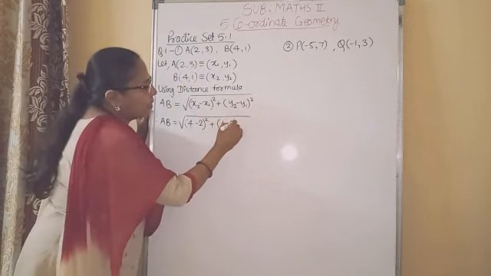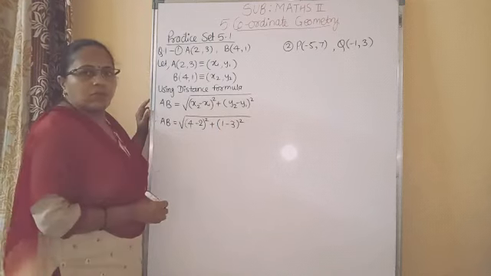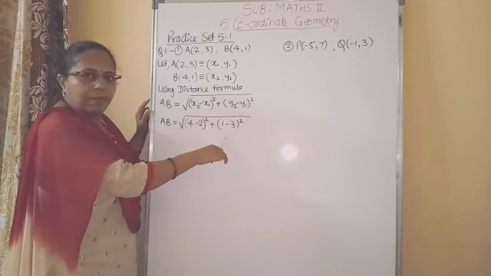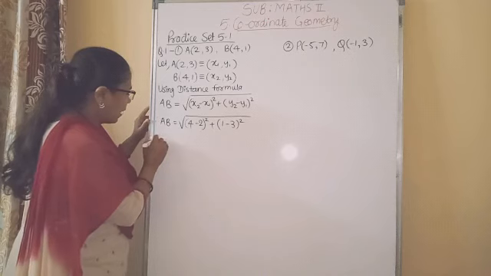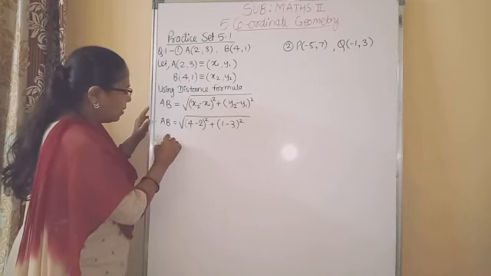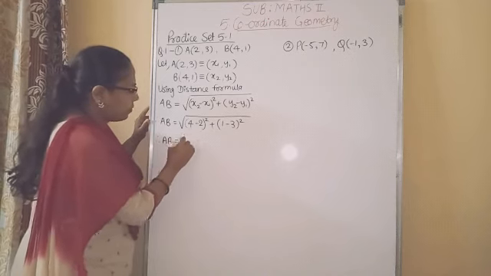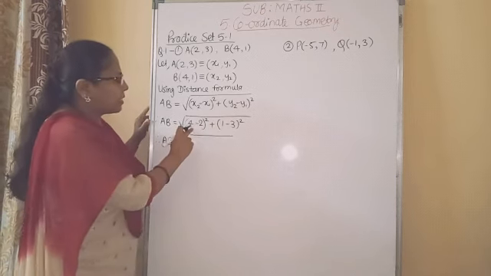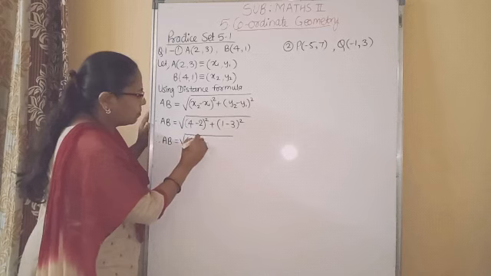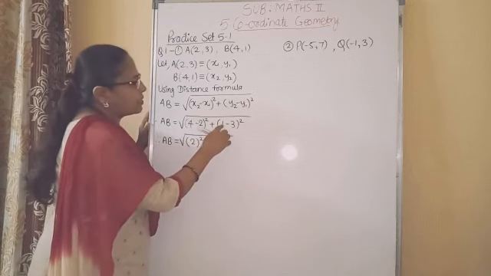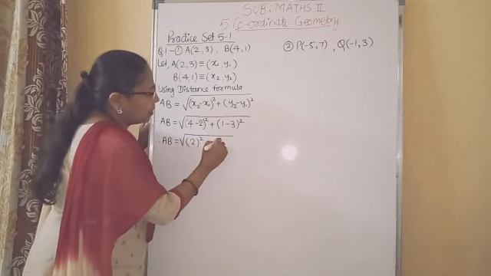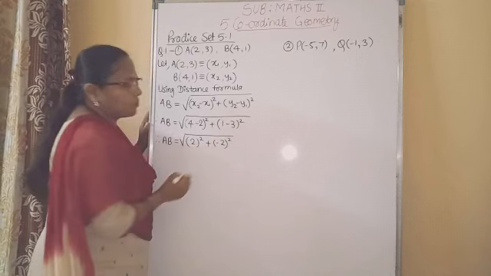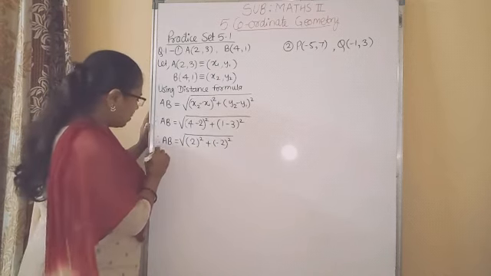So (1 minus 3) whole square. Follow this first step. Okay. Therefore, AB equals the square root of, now here we have to do the subtraction, 4 minus 2, 2 square, plus 1 minus 3, minus 2 square. Okay. Therefore,